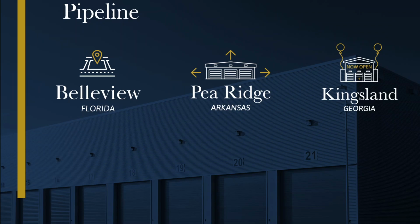And the developer, he built the property, but he wants to go spend his money on building more homes in that market. That market is absolutely exploding with population. So Kingsland, Georgia is a great market for that. And when you roll this all up, these properties are actually projecting a 26% annual return for a Class C